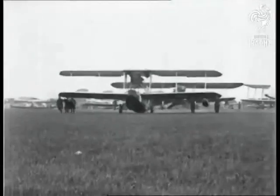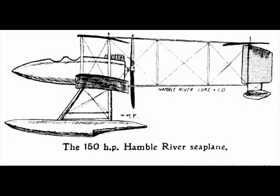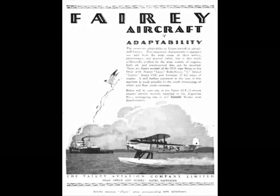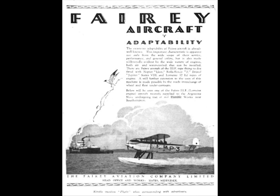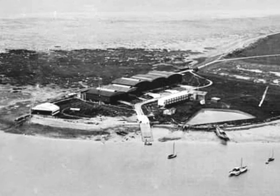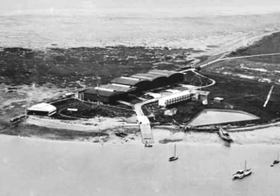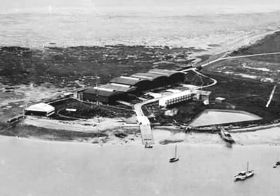In the same year, local boat builders Luke & Co. in partnership with Hamble River Engineering built the HL-1 seaplane at Hamble Point, which was exhibited at Olympia in 1914 but never completed. Later that year, the Admiralty requisitioned the premises, which they again passed on to Fairey Aviation. From 1915 until the late 1930s, most Fairey floatplanes and seaplanes built at Hayes in Middlesex were assembled and test